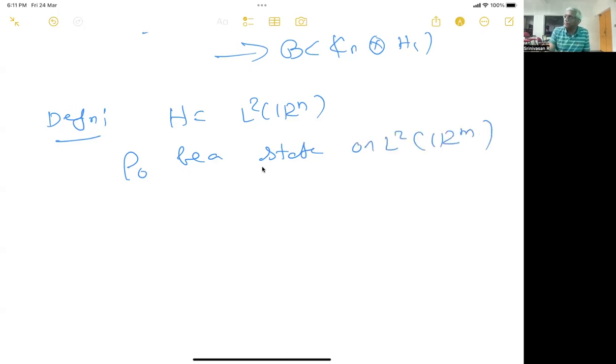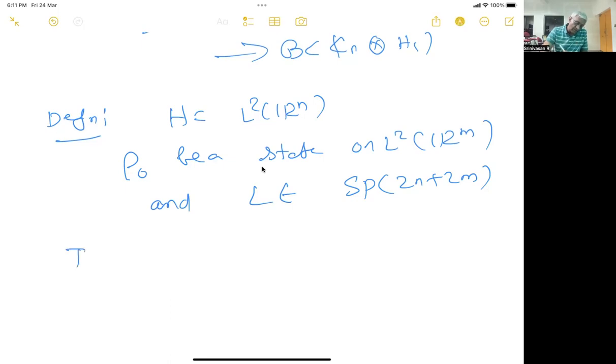And L is a symplectic map, L is in Sp(2n+2m), a symplectic map in 2n plus 2m. Then a symplectic channel given by this rho naught and this L, where rho naught is a state on L2 of Rm,